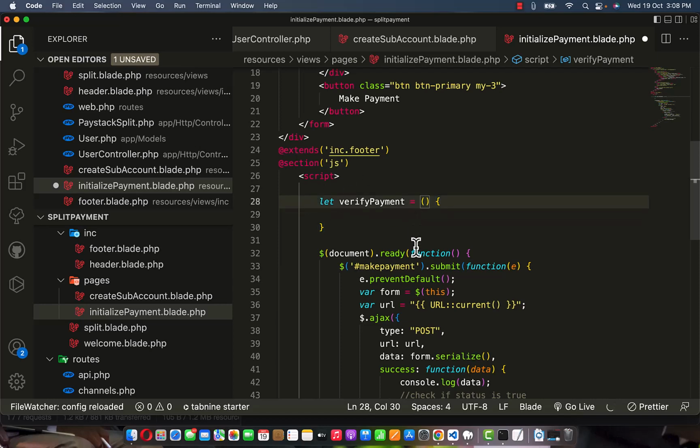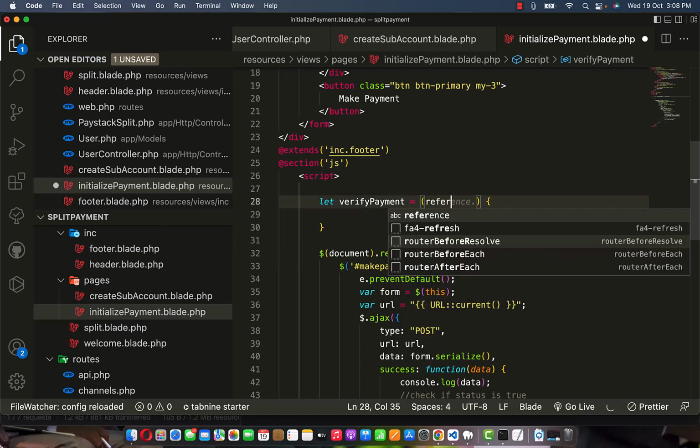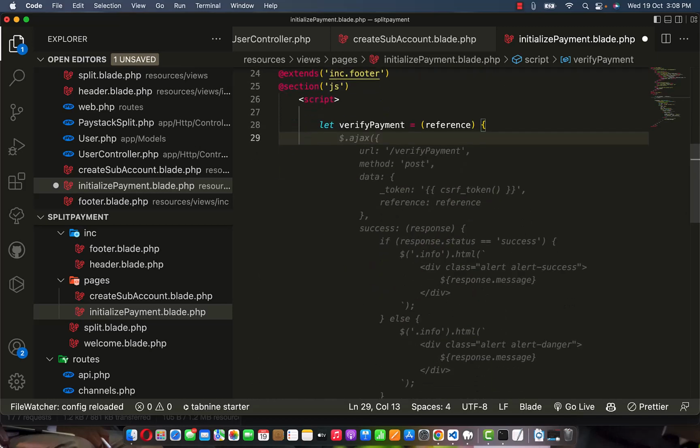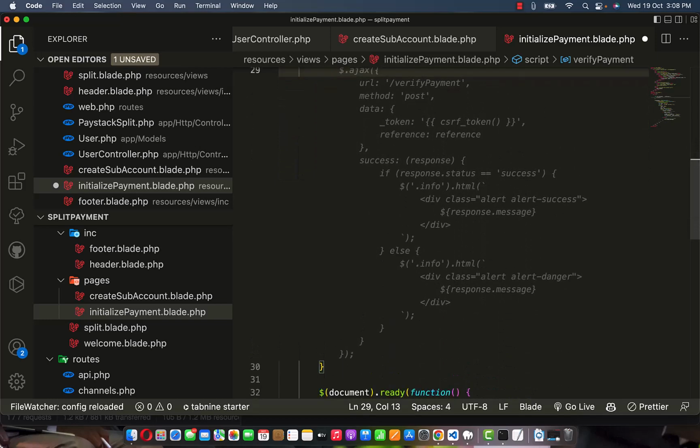So within this place we pass the reference. Oh man, I'm tired already. So within this place we are going to send an AJAX request. We are going to make an AJAX request to verify